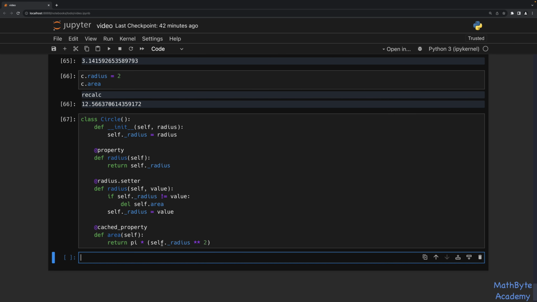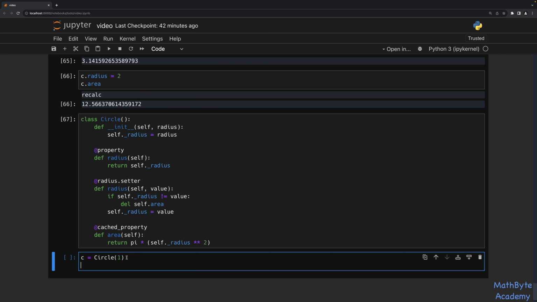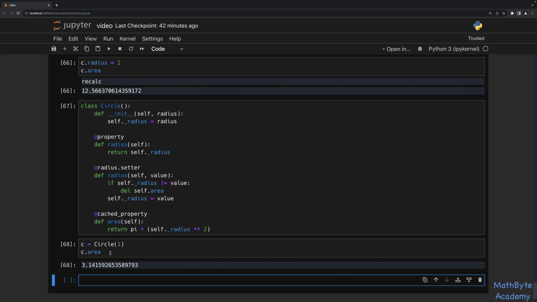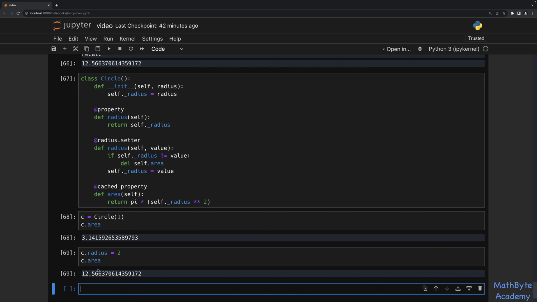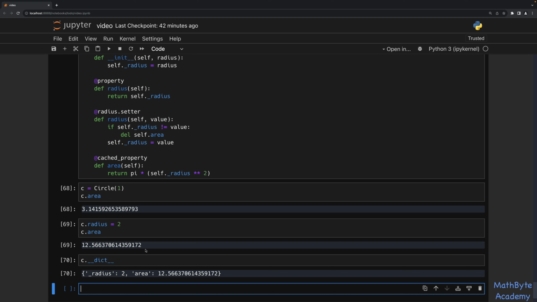So when we do this, we can go ahead and say c equals circle1. And then we can say c.area, okay? And so we get that value. Now, if I change my radius to 2, and then look at the area again, you can see it got recalculated, which is exactly what we wanted, okay? And if we look at the dictionary that's currently for that class, you can see that we have the radius and we have the area as an actual attribute on the thing